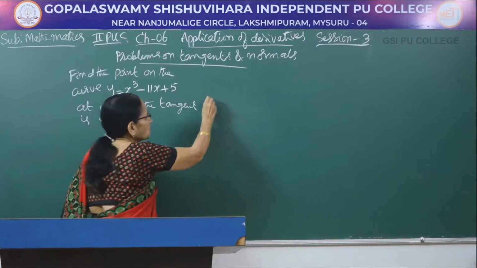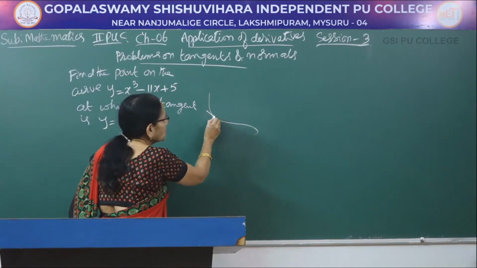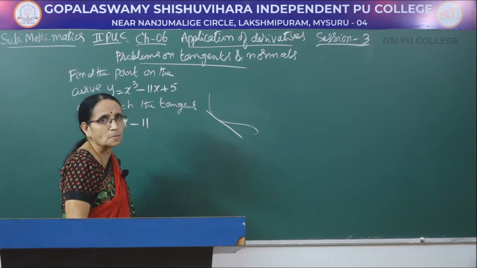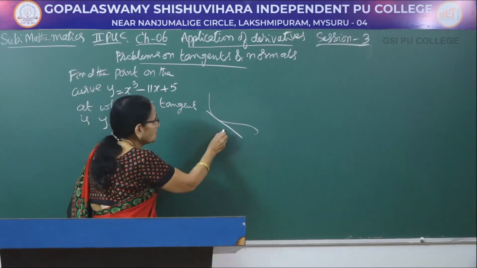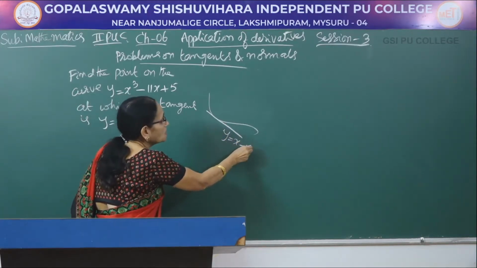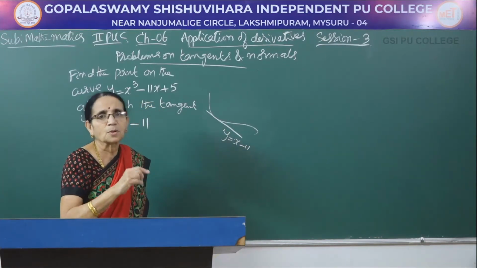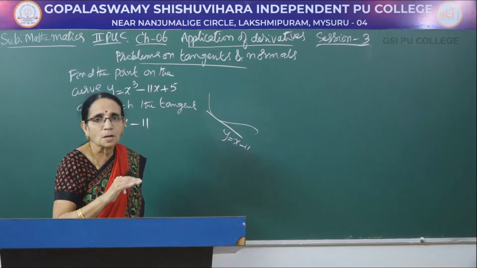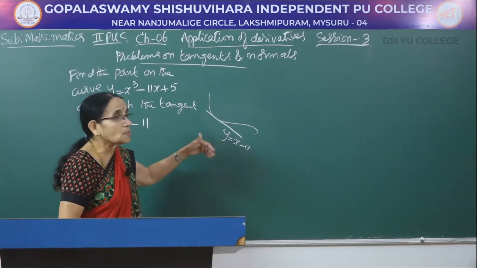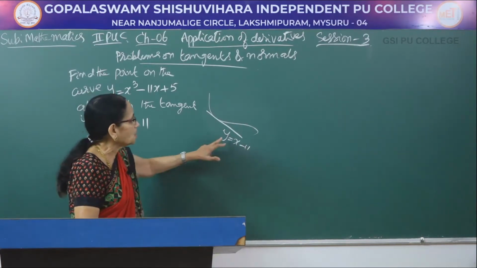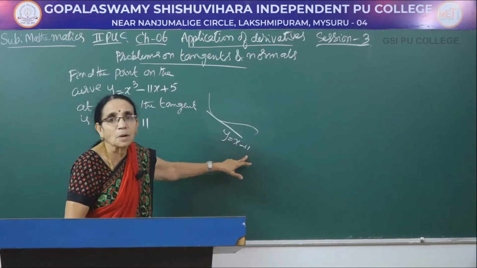So, there is some curve here, okay, some curve. At this point, the tangent has been drawn. Now, the equation of the tangent is directly given in this problem. In the earlier two problems, the conditions were different. Tangent was parallel to chord, tangent was parallel to x-axis. Here, equation of the tangent is directly given. So, it is of the form y equal to mx plus c.